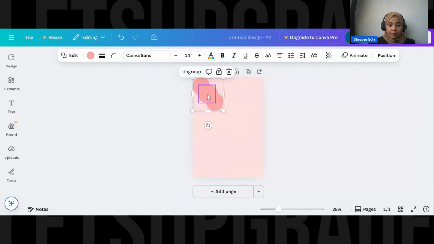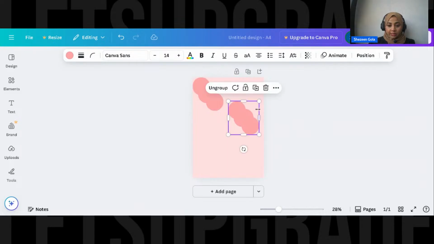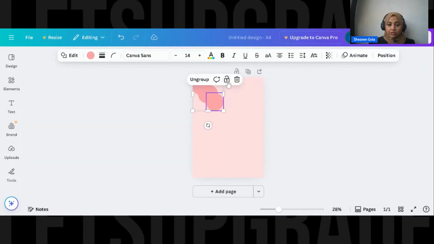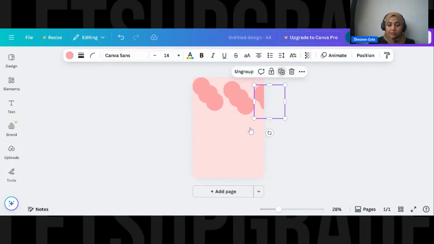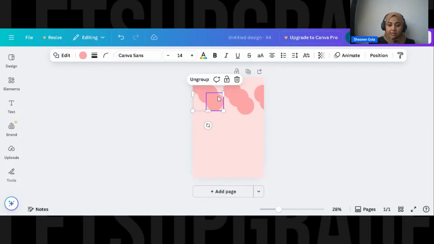You can press Alt to copy this, or else you can just right click. In fact, Alt, you can just write magic command. So you can press Alt as a shortcut and copy this, or else you can press duplicate out here. It will be duplicated.